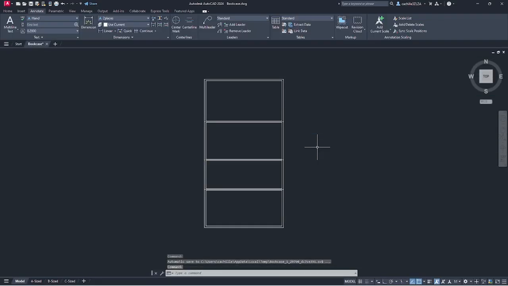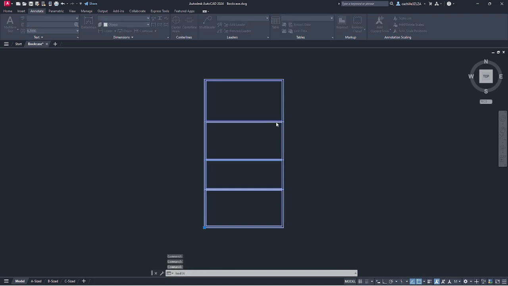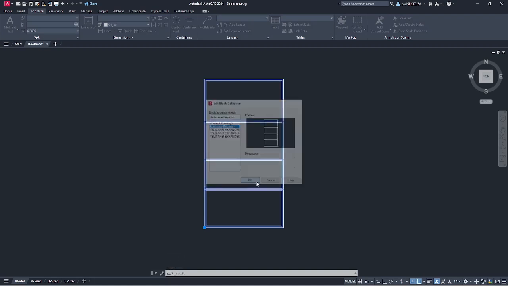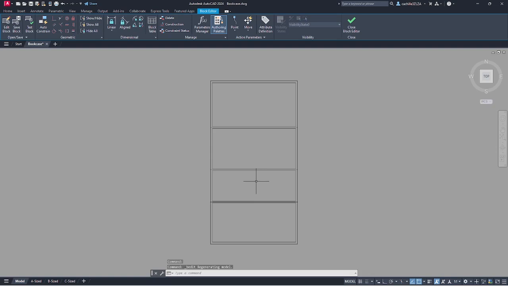Open the bookcase drawing. Double-click on the bookcase geometry to open the Edit Block Definition dialog box, which indicates the block name, bookcase-elevation. In the Edit Block Definition dialog box, click OK. The bookcase-elevation block objects open in the block editor environment, with the block editor contextual tab and the block authoring